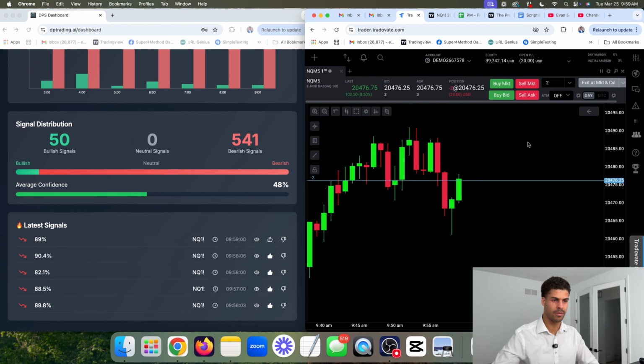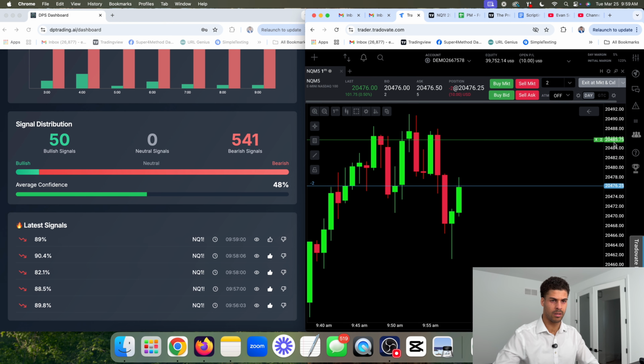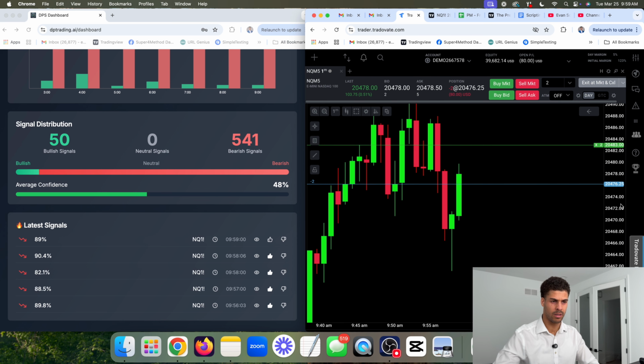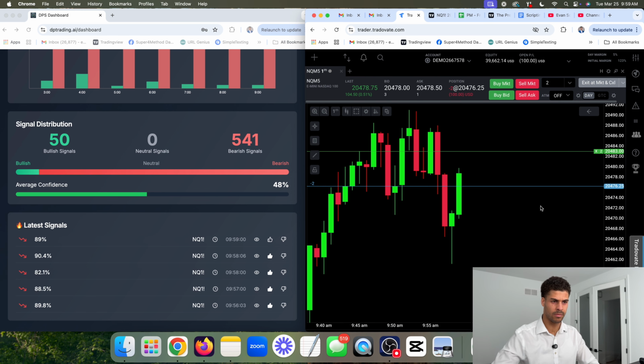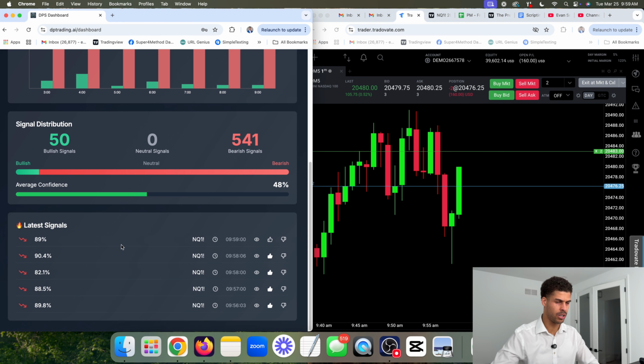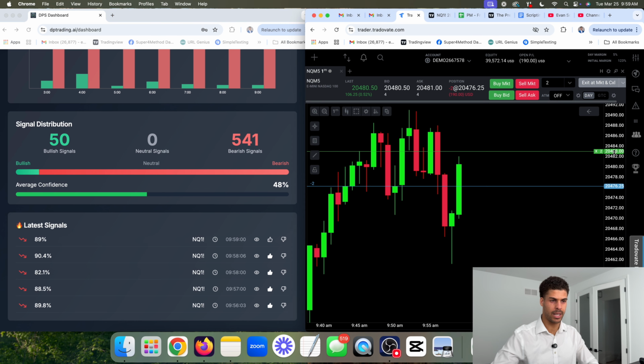Let's go sell right there. 7 points is fine. Let's see. Can we get price to pull back for us? So when we get a big green candle like this, but we have a high confidence short, all that means is that we think price is going to pull back. Not that this thing is going to finish big red necessarily, but it's going to pull back. And so the goal is that we can find that top and short it.